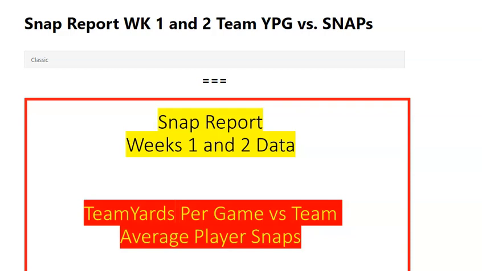Is there some way to transform snaps at the player level into the team level yards per game? Is there some interaction? And this may be for next year's preseason research. I don't know. This may be predictive for